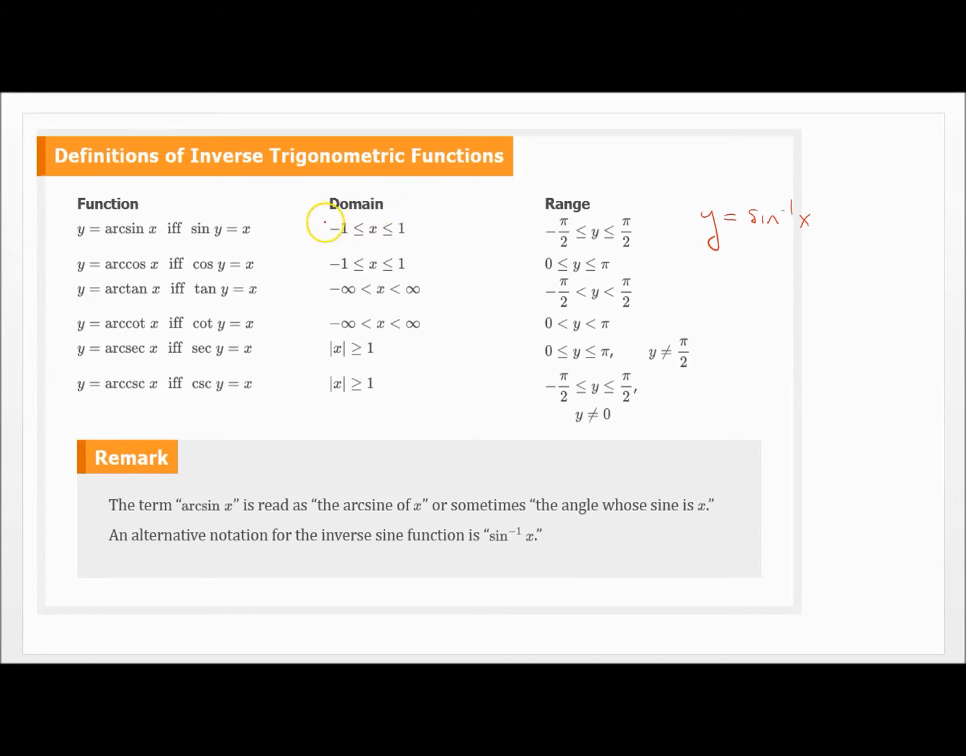Now the answers, in other words, the range for arc sine or inverse sine, is between -pi/2 and +pi/2. If you think in terms of the unit circle, it is only this half of the circle. Okay? Now arc cosine,